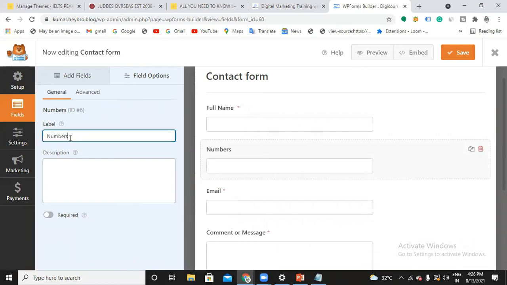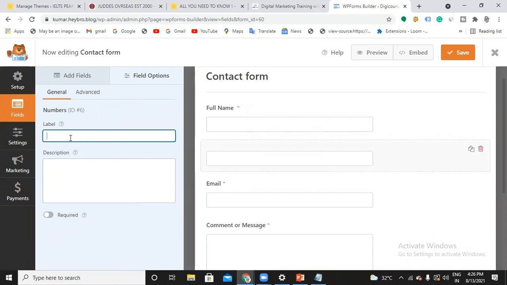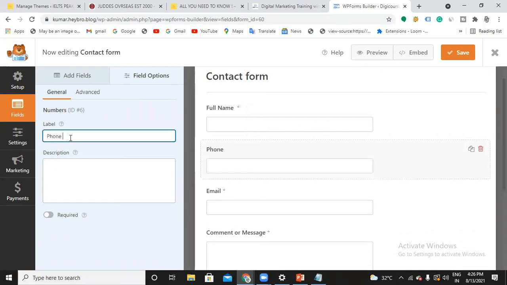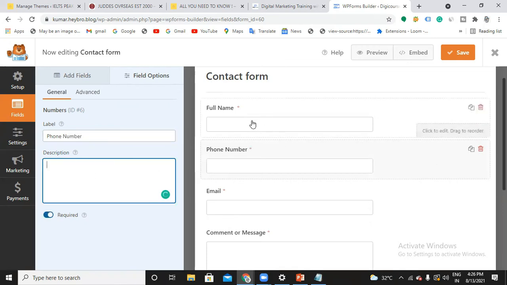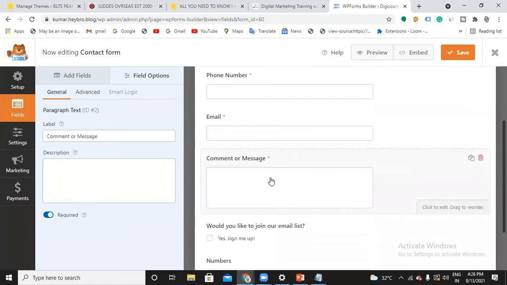Right? So you can edit it. Phone number, and required. It is a required field. So people have to enter their full name, phone number, email, and comment or message. They can provide the message about what exactly they are looking for.